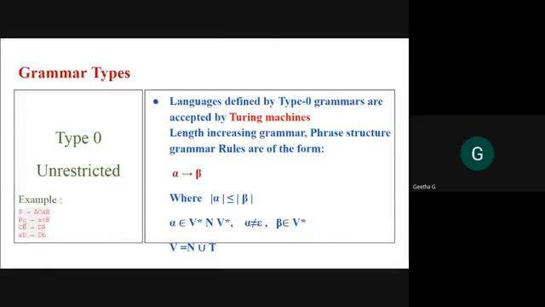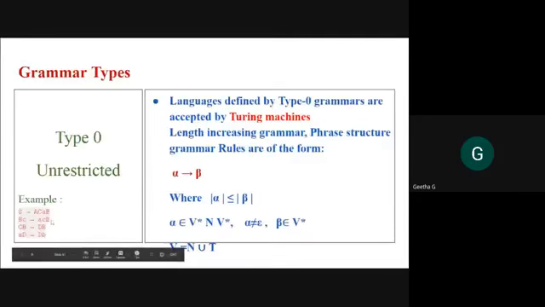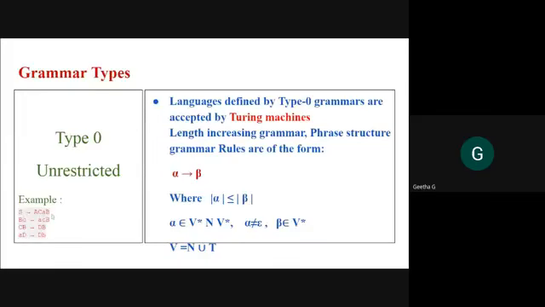See here, S tends to ACA, but it is not a complete set of grammar productions, right? For example, I have taken a partial set of productions. Please understand that if you are deriving, you cannot get strings here. So for understanding, I have given S tends to ACA and AB, right? This is going to be beta, this is an alpha. And like that, this is alpha.